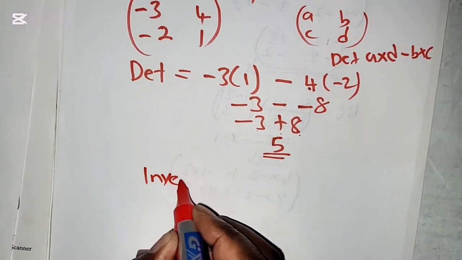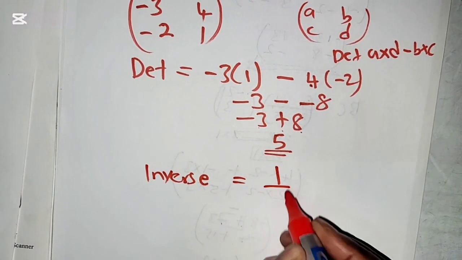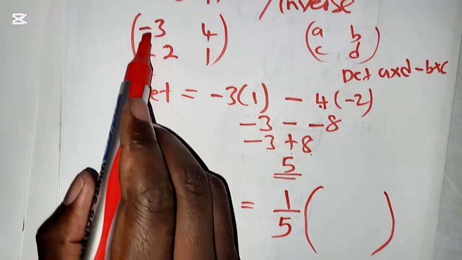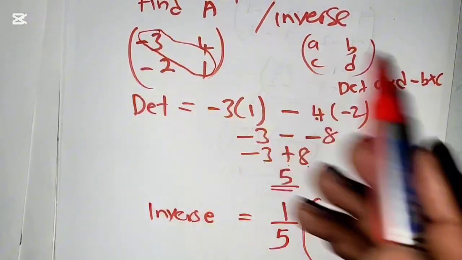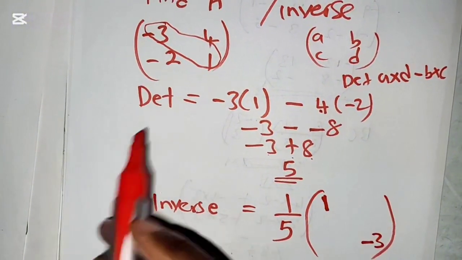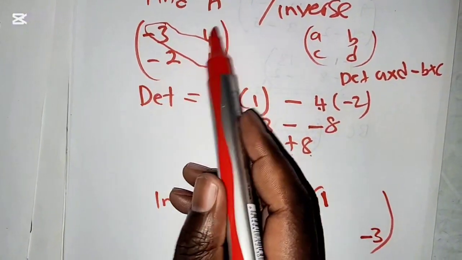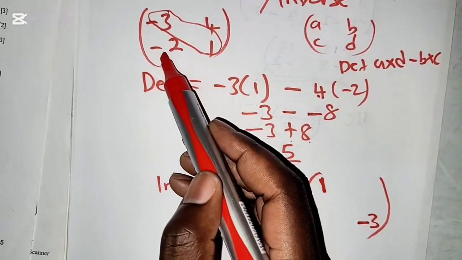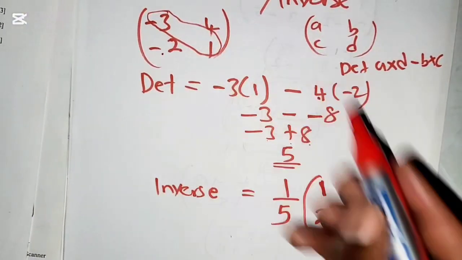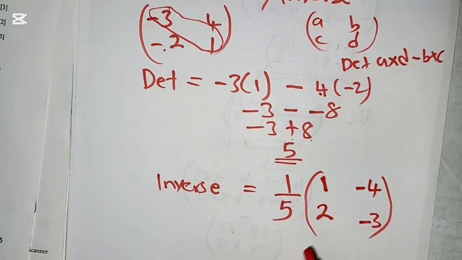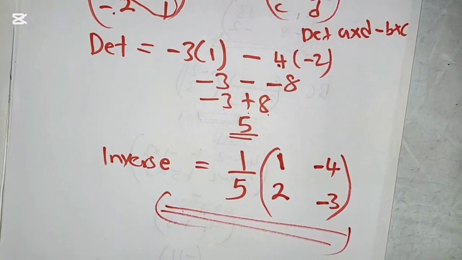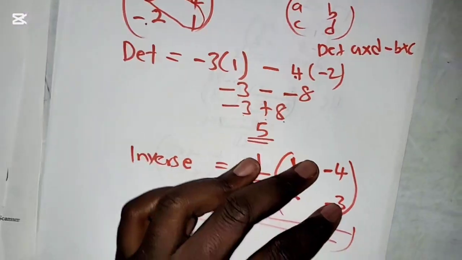So the inverse now. The inverse is equal to 1 over the determinant, which is 5. Then these two right here swap: 1 is going to come on this side, and -3 to this side. Then on the other diagonal, these two change signs: -2 is going to be positive 2, and 4 is going to be -4. On this topic of matrices, you can watch some of my videos. Okay, then